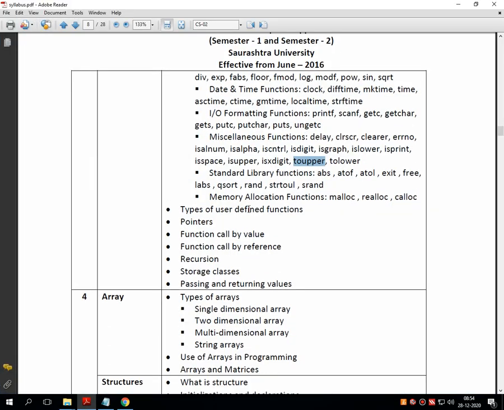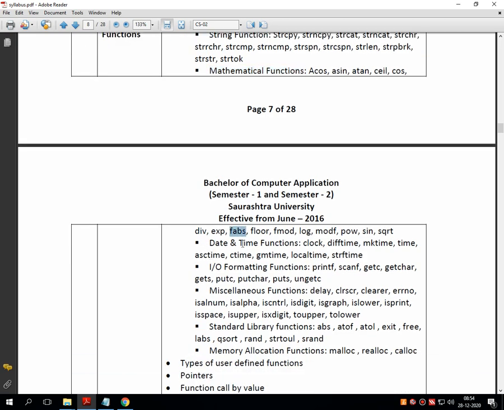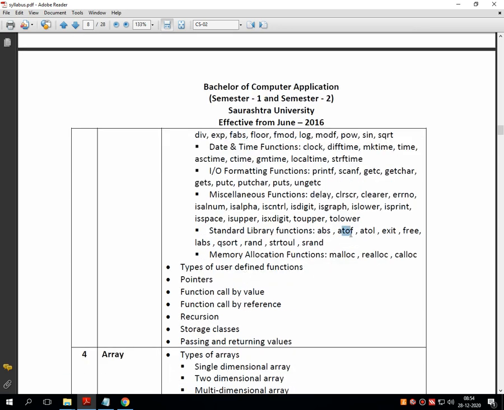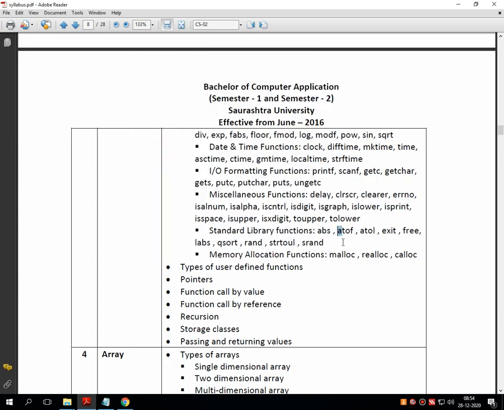The next group of library functions that we have to discuss is the standard library functions, where abs is from the mathematical library functions, which we have already discussed in the mathematical functions as fabs. In the next lecture we'll go for another type of functions like atof, atol, exit, free, labs, qsort, rand, strtoul and srand.